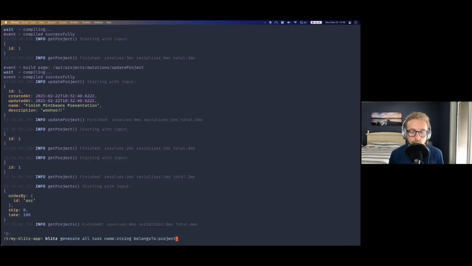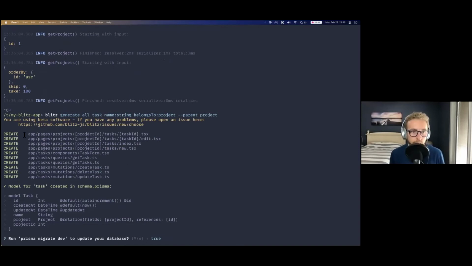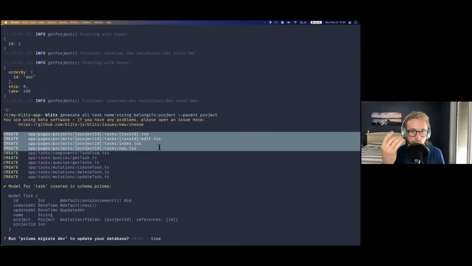Belongs to project. And then there's one last thing. We're going to pass a parent flag which says project. Now it looks like we'll make this automatic. But for now, the parent flag is important, and this will set up the nested routing. So let's hit enter. Here you can see it creates those 4 pages for create, read, update, delete.